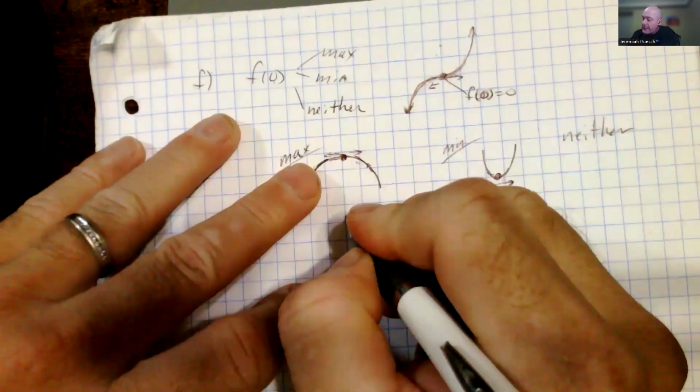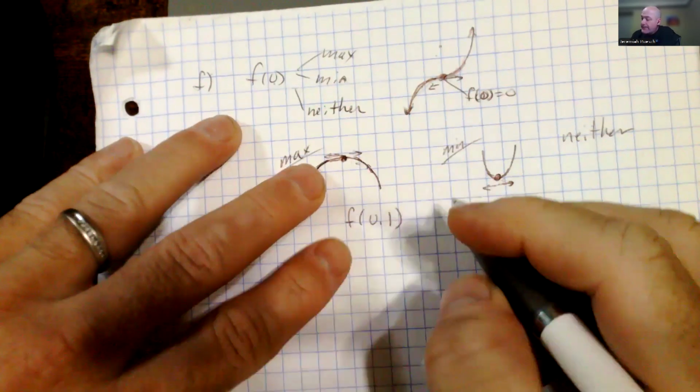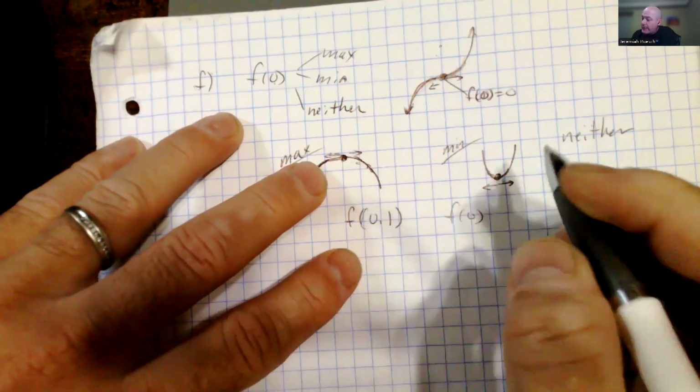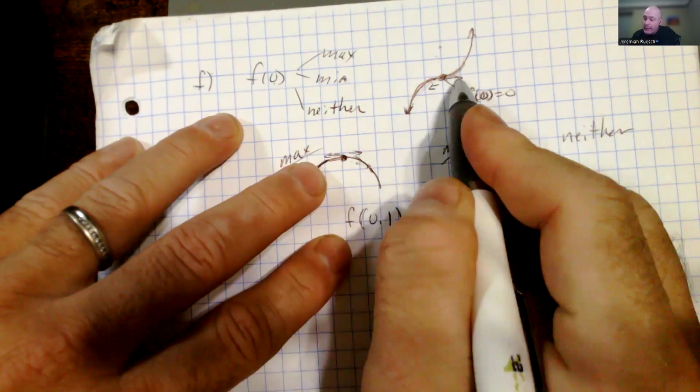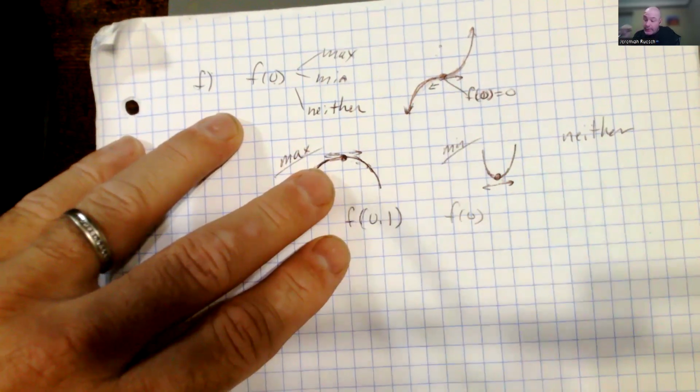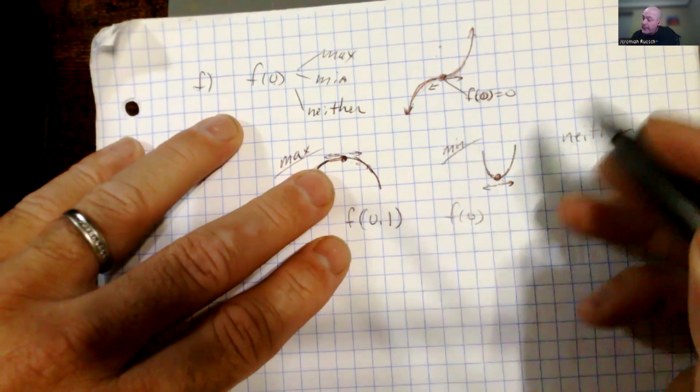So try f of 0.1, and then compare that to f of 0. That's a little step to the right, and you can see which direction it's going: is it getting bigger or smaller than your f of 0 value? And then try